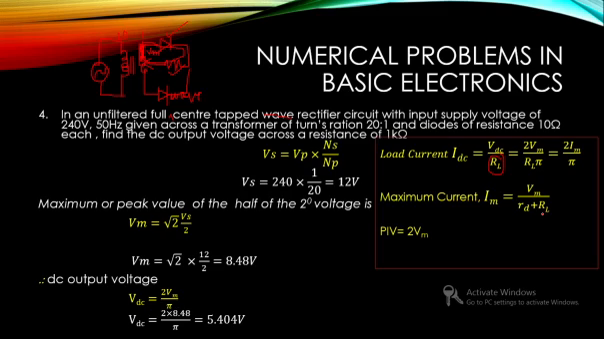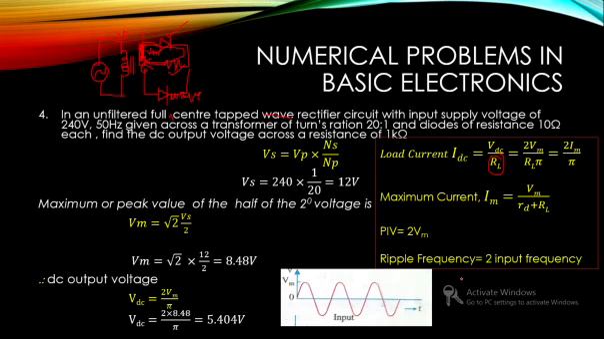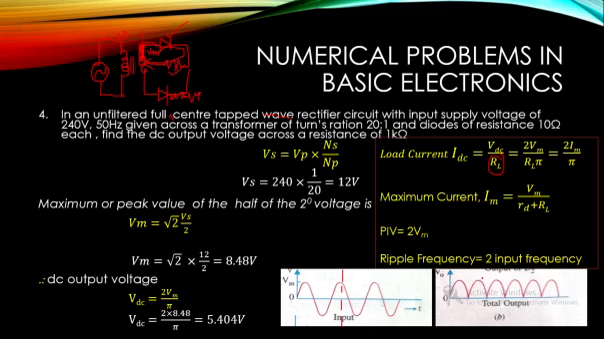And for a full wave center tapped rectifier, peak inverse voltage is given by 2 times Vm. So substituting Vm, you can calculate what is the peak inverse voltage. And ripple frequency is about 2 times input frequency. Why? Because if you consider a particular time, you can say only one peak is involved. If you consider the same time,